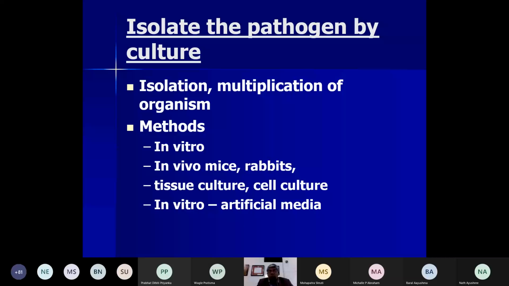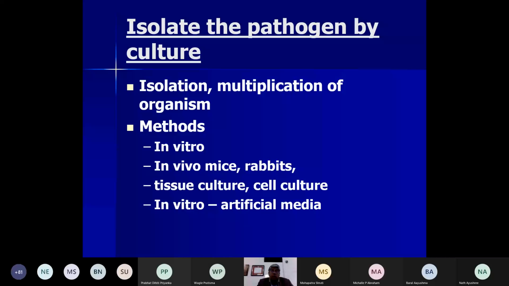But the problem is, it is not always necessary that the organism will grow in mice and rabbit, because mice and rabbit will also have their own innate and adaptive immunity which might resist this. So not very good. Also, it's costly, it requires lots of laboratory facilities, and these days because of PETA,